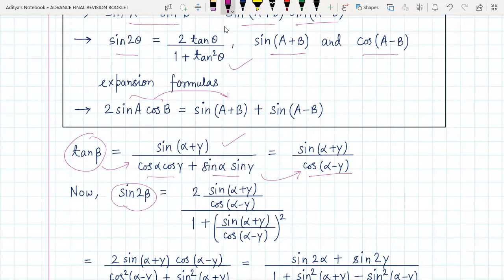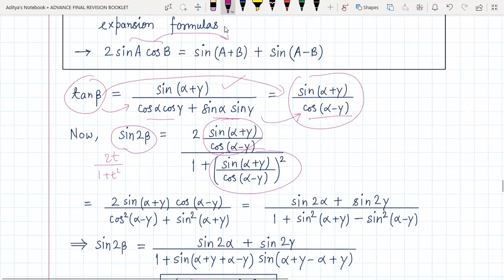Now sine 2 beta I can write as 2 tan beta upon 1 plus tan square beta. But tan beta we have already found out is equal to this. So instead of tan beta I have replaced it by this expression. After clearing the denominator or taking LCM, this is what we get. Now in the numerator,